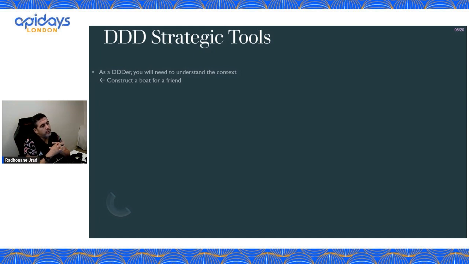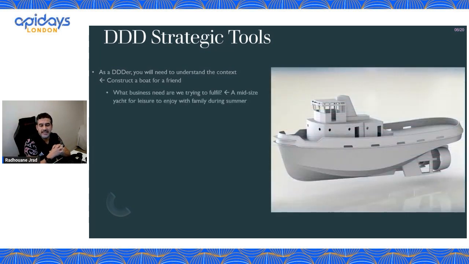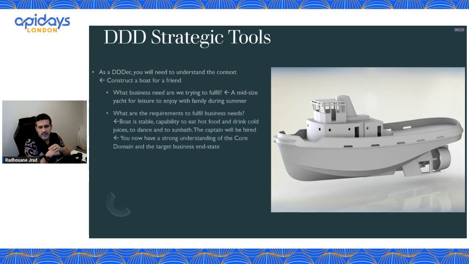Why I prefer the boat, because the dependence of the domains on a boat are a lot tighter than in a house. I'll explain later in more detail. So your friend wants a boat, okay? It's a mid-sized one. I call it a yacht here. That's a mistake. It's for leisure, so it's not for business. It's not like renting it. Sorry, and it's for family during summer. Yeah, okay. So it doesn't have to be winter-proof, and it's only a few people because it's only summer, only a family. Now, what do they need in the business?